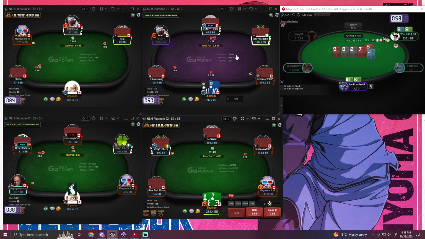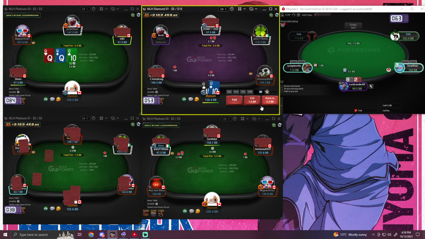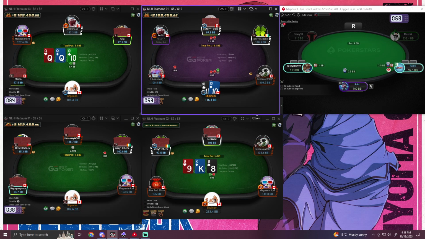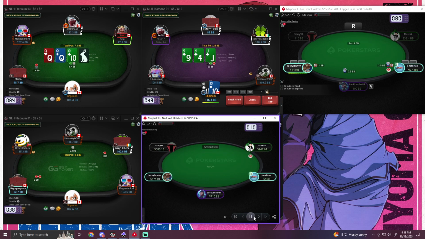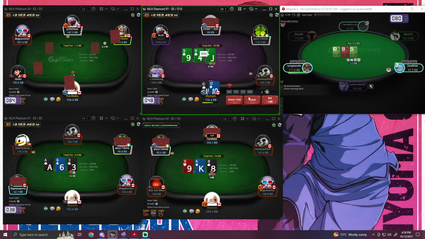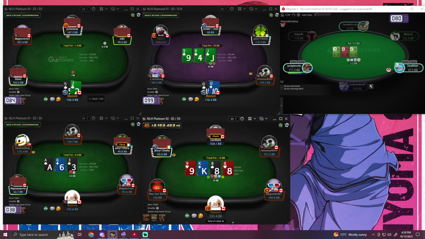Mistake by me. I always know that this guy's a nit, and then I just call him anyway. It's so frustrating. The reason I leveled myself in my head was I was thinking that he wouldn't ISO with deuces to 4x preflop. And I thought that, yeah, that's why I leveled myself. But I should just know he has no bluffs there. My bad. That's the issue with leading. Sometimes you throw yourself off, but